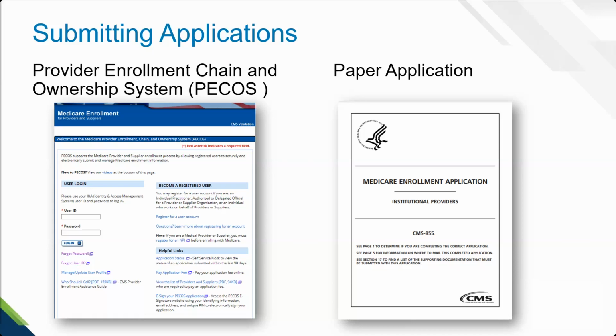So with a paper application, it's still an electronic template. It's a PDF on CMS's website. However, it is a template and you have to fill in all of the fields on your computer, but you can't submit it electronically. It cannot be faxed and it cannot be emailed. It will have to be downloaded and sent to us by regular mail. And at that point, it has to be opened, scanned in, and ingested into our workflow process.